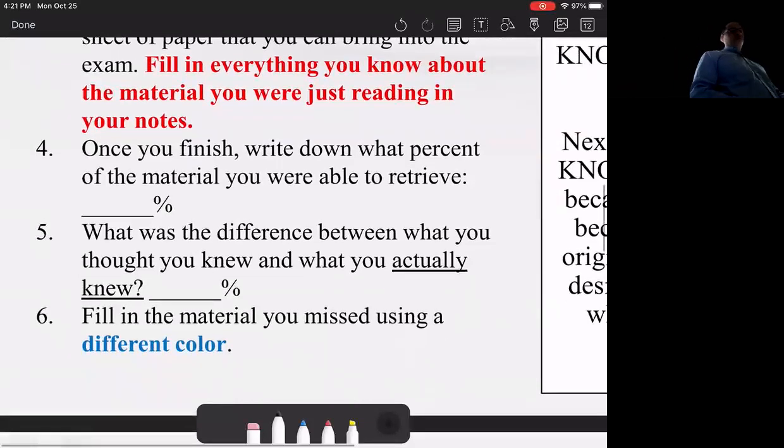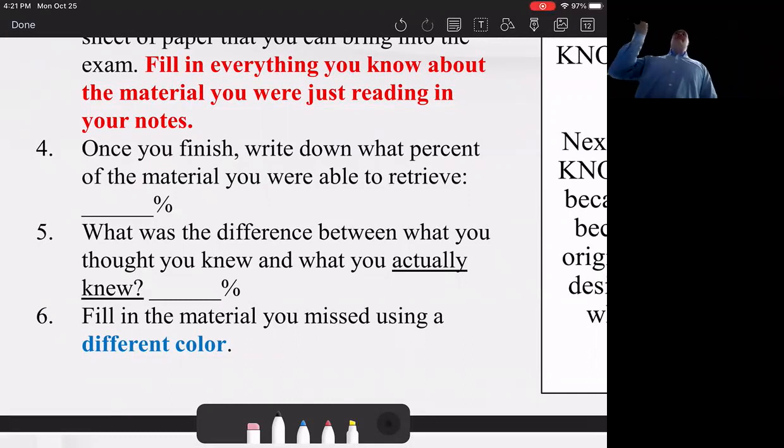So there's multiple things that we can identify here. Like I said, the stuff that you did know, be really confident in that. That's your anchor. That's the stuff you are so confident in now because you pulled it out right away, right? But you also know, let's say, the 80% that we didn't know, right? Now you can go back in your notes. You can use that backbone. Get the other color out, fill in the gaps that you severely missed on those retrieval notes.